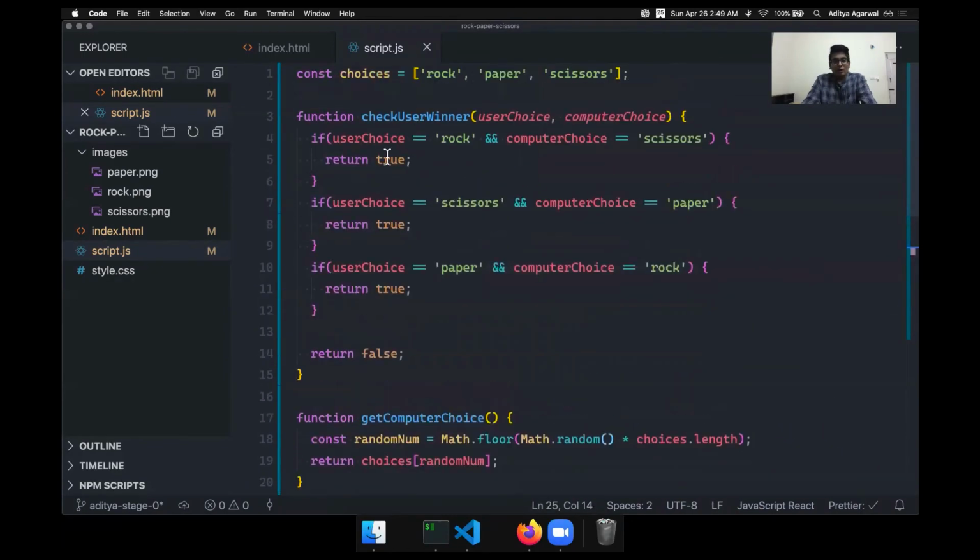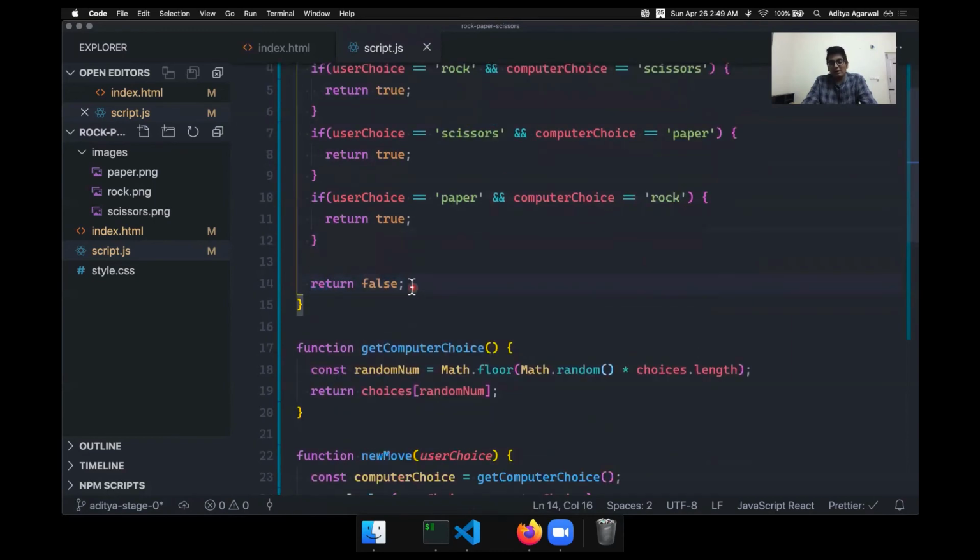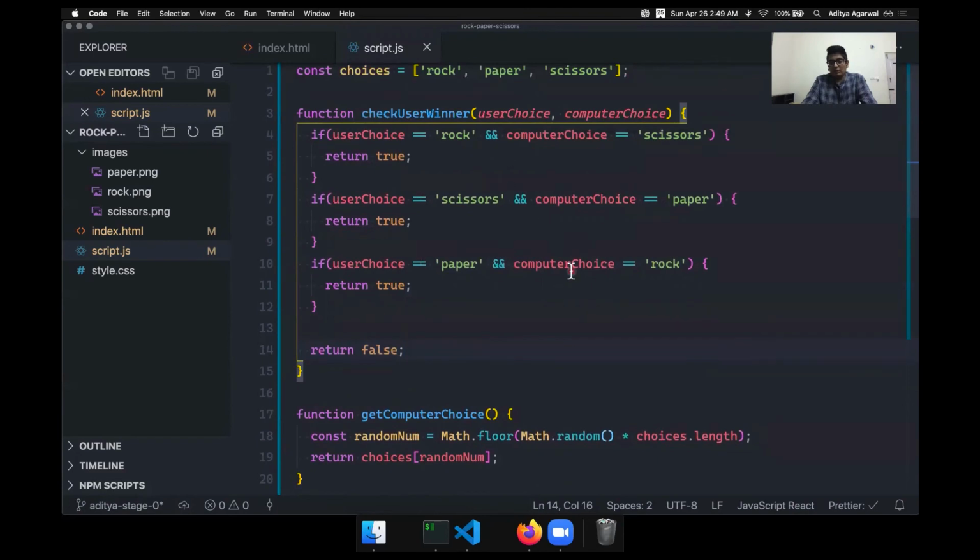to this line. But if this situation does not satisfy, say user choice was rock but computer choice was paper, then we will not enter this situation and we will jump to next line. So now if the second line does satisfy the situation, then again we'll jump to return true and to the caller. Similarly for paper rock. But if we don't enter any of these lines, then we'll enter this line and return false. So we know that only in these 3 cases can the user win. On all the other cases, either the user will draw or they'll lose. So we can return false for all those cases. This pattern is called early return, and you can learn more about it.